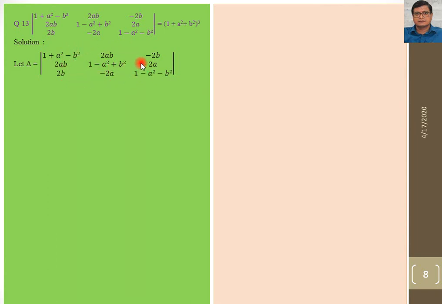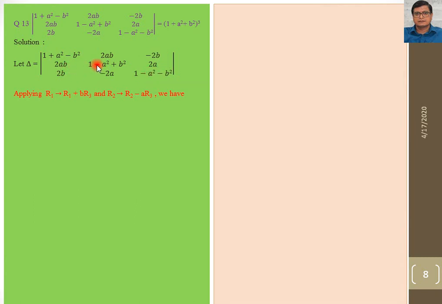Again you have the option that either you can do this operation column wise or row wise. So I am using the operation row wise. Because we have to see this answer, it is 1 plus a square plus b square, and what is coming here is 1 plus a square minus b square. So we want to make this value plus b square. So I am multiplying this value by b, then adding 2b square here, so that this value becomes 1 plus a square plus b square. When we multiply this value by b and add here, this value will be 0, and similarly we get the simplified value here also.